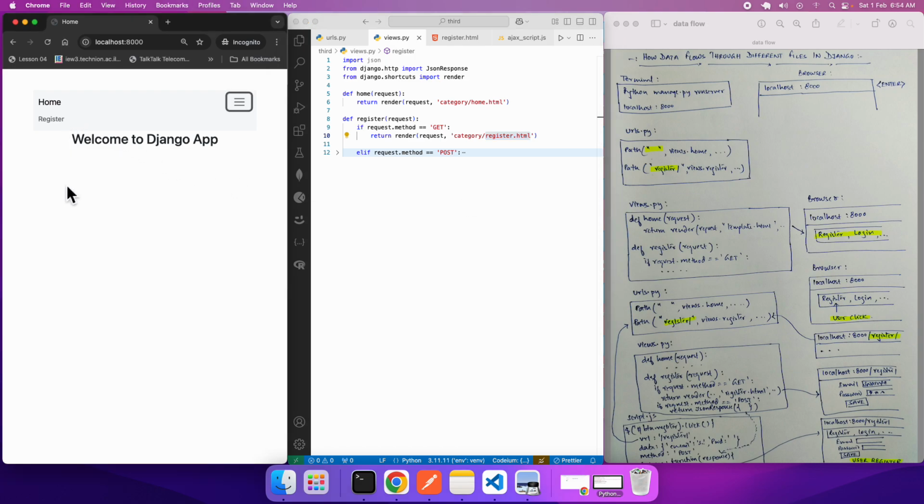Let me show you that. As I come over here, as I click on this, look at the route getting changed. It is slash register slash, and because of that reason, a new template appears in the browser, and that's what you can see over here. Okay, so you